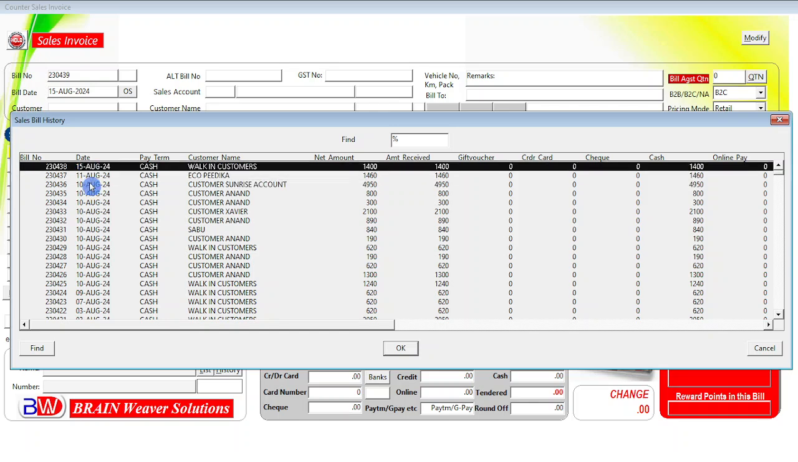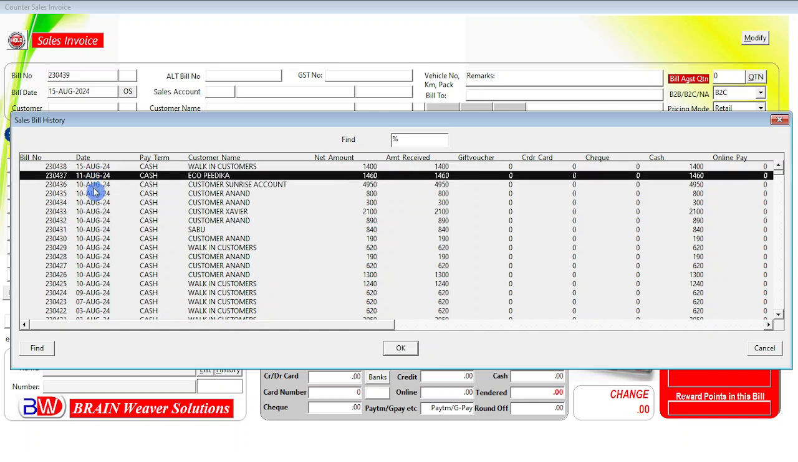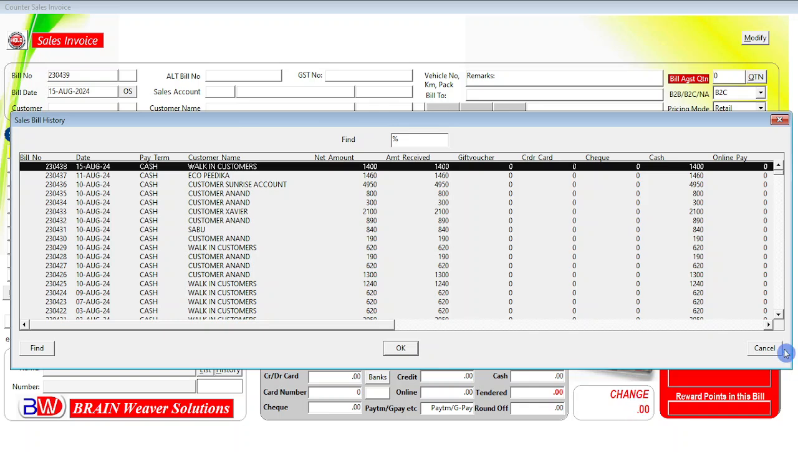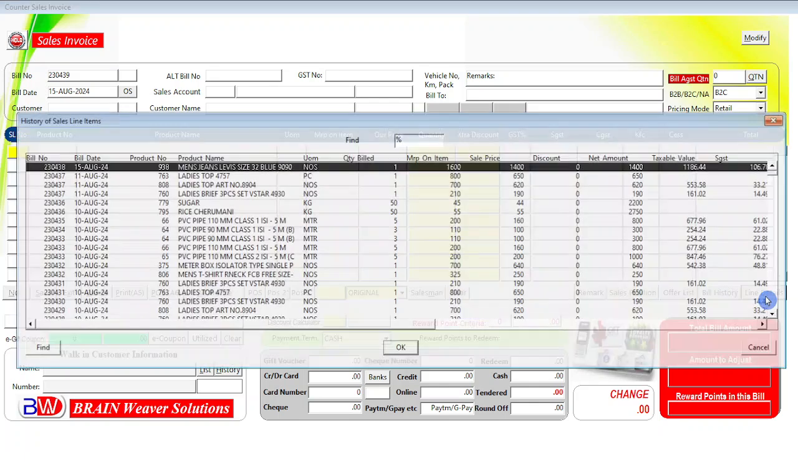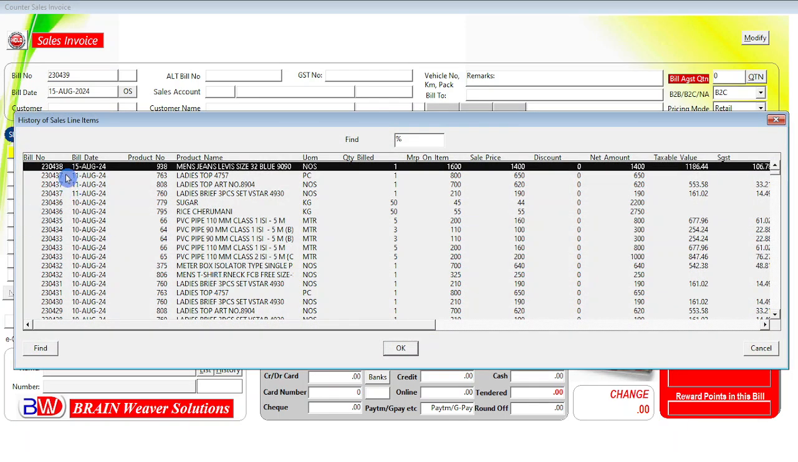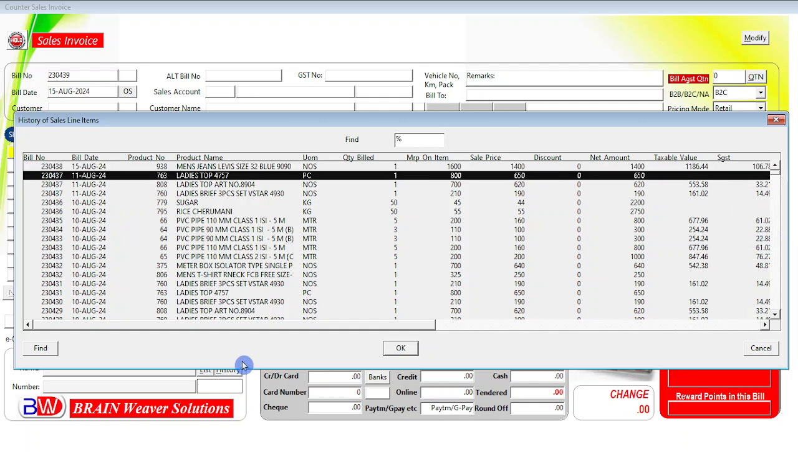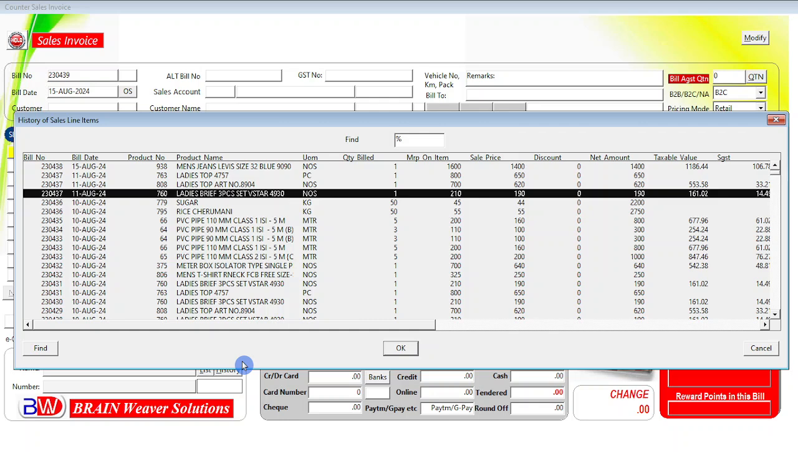There is one more option. I want to see what are the products we have sold against each bill. That quick information is available by clicking this line details button. Here we can see under bill number 230438, we have sold the product men's jeans. What is the MRP, what is the sale price, how much discount we have given, all such information you can see here. The next bill we can see, the same bill number is repeating 3 times,